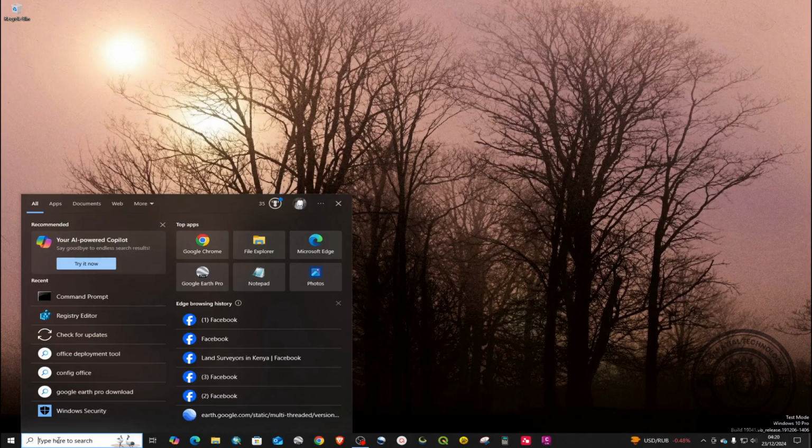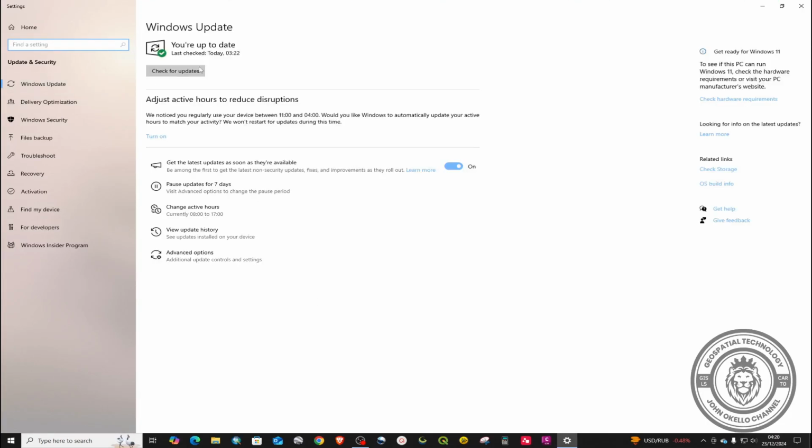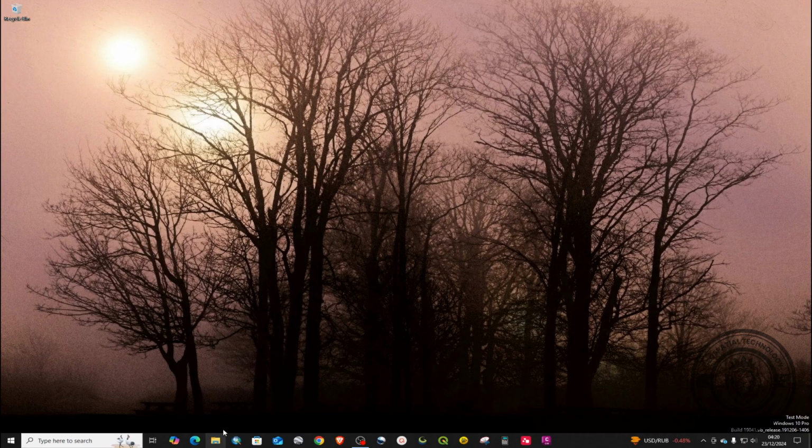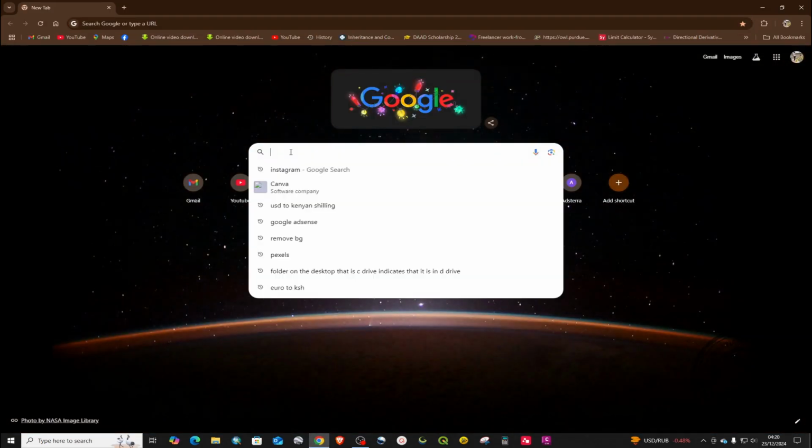So if I check on updates, make sure that you come to this page and install any update that is still pending before you begin on this process. Now open up a browser, any browser that you have, and then type in config office